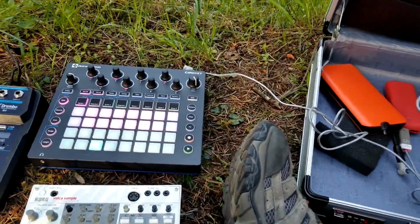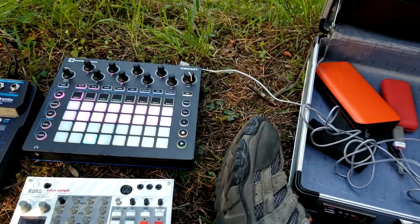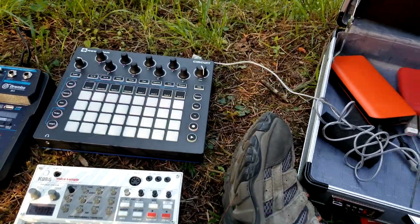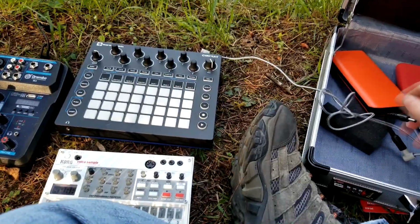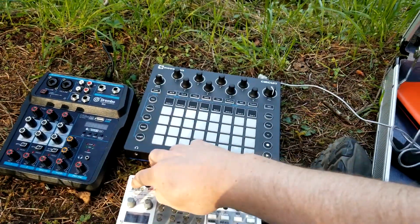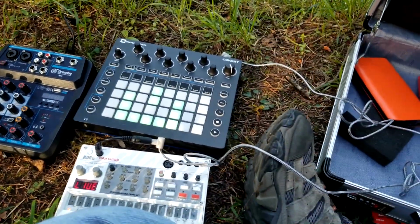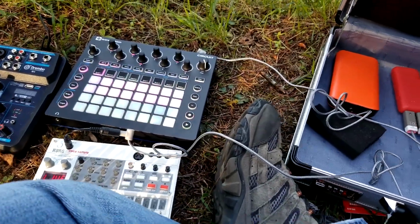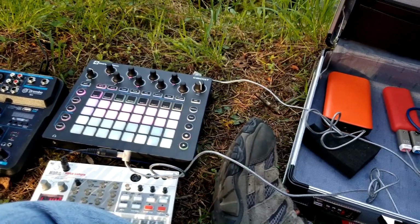We have another ripcord for the Volca Sample. It's that 9-volt one I showed you before, which will power the Volca Sample off of a USB power brick. And you can see when I plug it into the existing power brick, it does turn it off. So it's a good idea to get everything hooked up before you start powering everything on and playing around, unless you want the power to get pulled. And then we just need one more thingamabob here for power